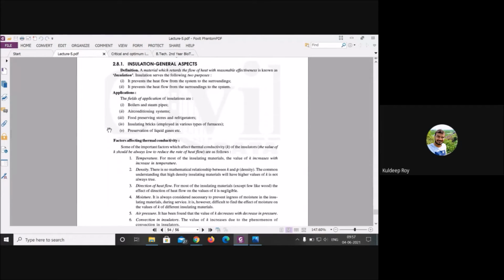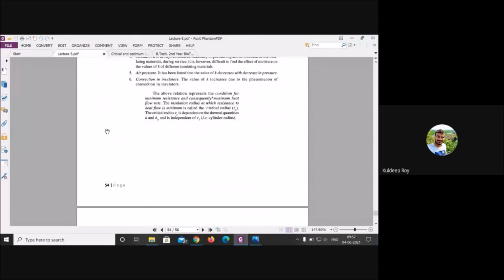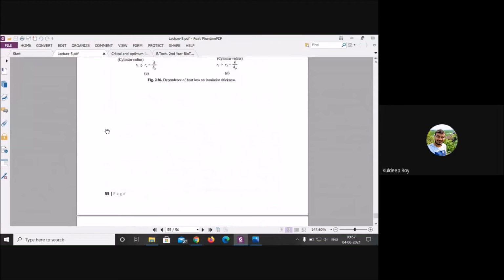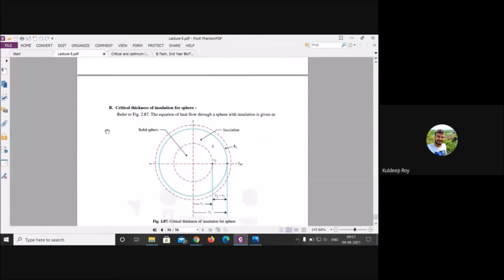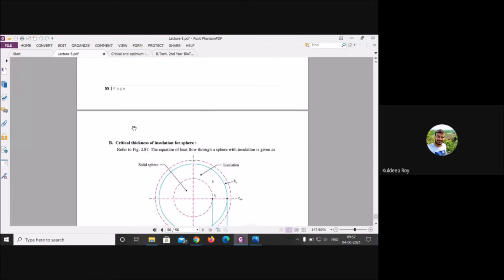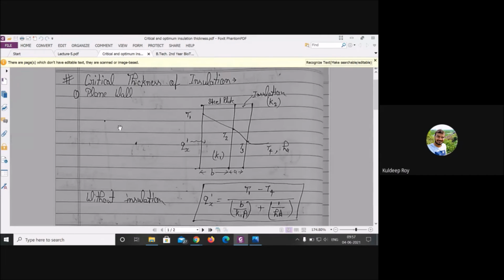As I already told, there are two types of thing. One for cable, another for any kind of equipment. Just keep this in mind, don't confuse yourself and other people as well. There are two kinds of thing. Now we will look into the derivation. Leave it. This is your derivation.